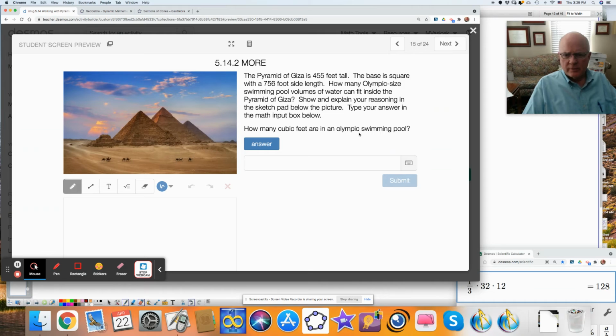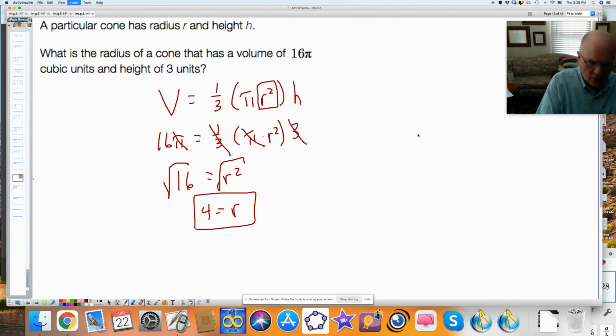This pyramid of Giza is 455 feet tall. The base is a square with 756 feet on a side length. How many Olympic-sized swimming pool volumes can fit inside? Well, you'd first have to find the volume of this, wouldn't you? Its height is 455 and it's 756 on a side. So if I were to draw a picture of this,